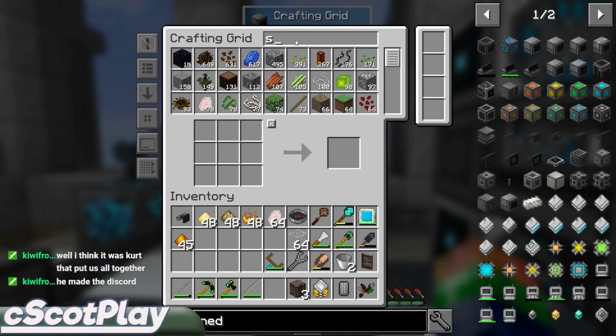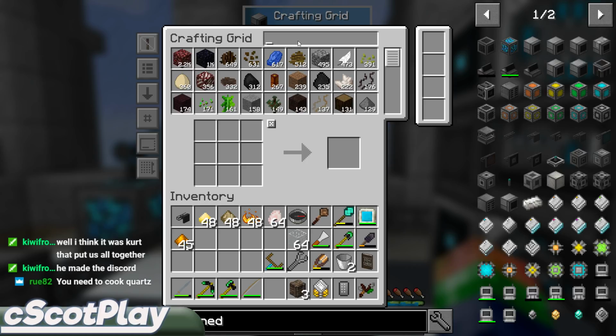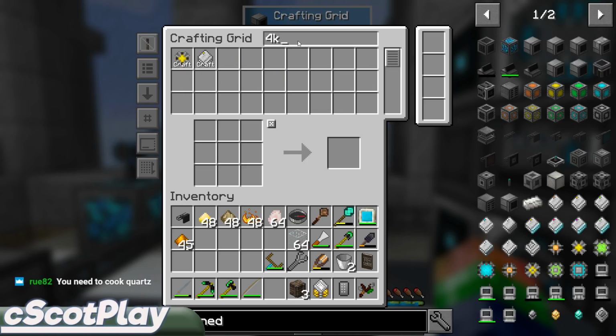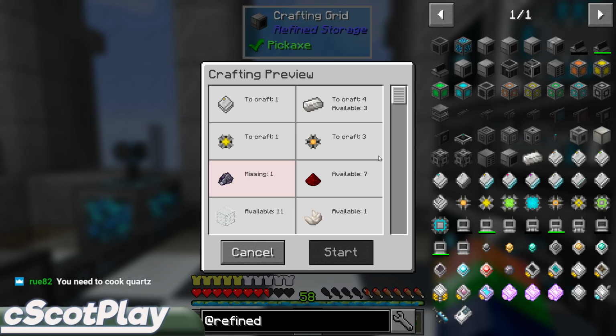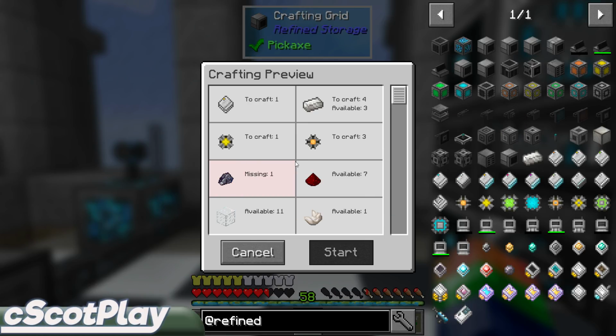Yeah, and then Kurt. But yeah, I need to cook the quartz, but my recipe's got the wrong quartz in it, and it's not going to recognize it. So we're doing 4K again here. Let's just double check this start. So it's got a raw silicone somewhere in the system, and I want to remove that and turn it to the normal silicone,